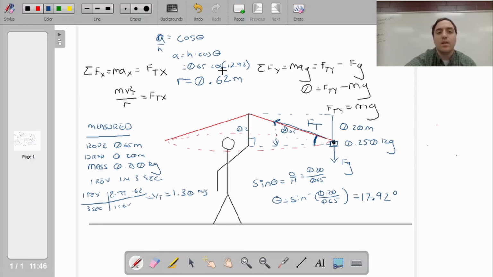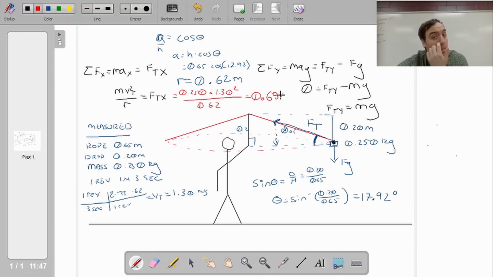Okay, so that's Vt, that's r, so I can plug it in here. 0.250 times 1.30 squared over my r, which don't forget is 0.62, gives me 0.68